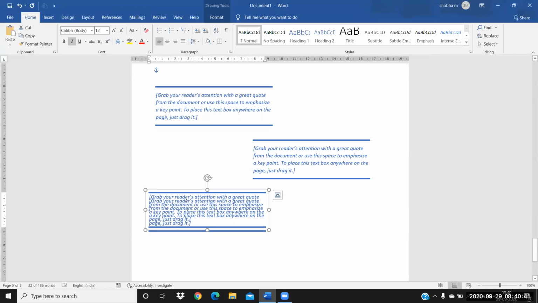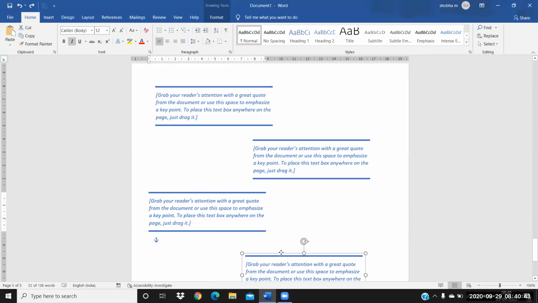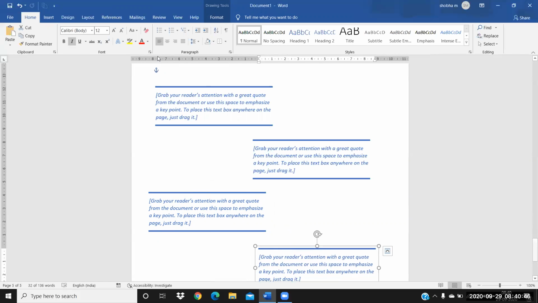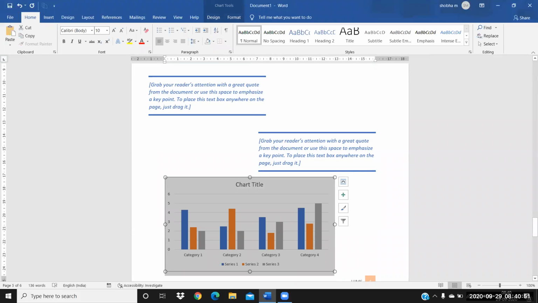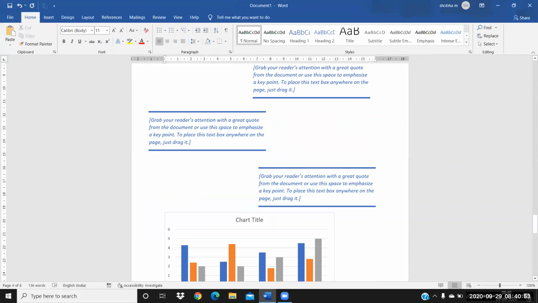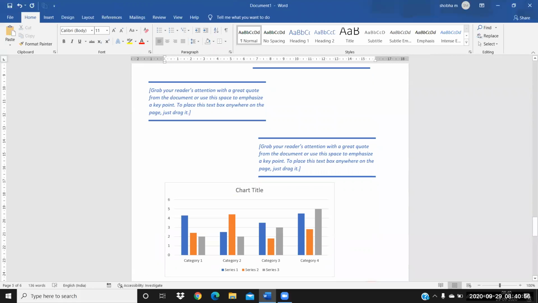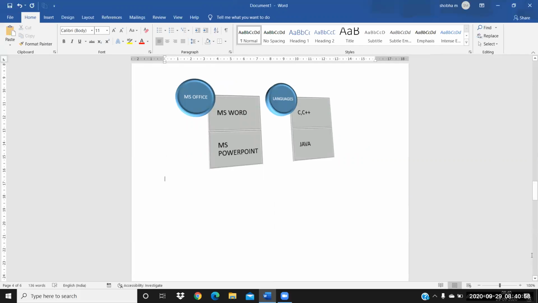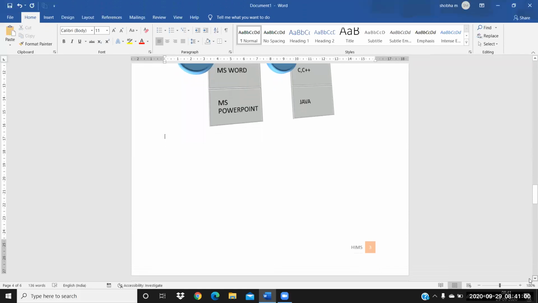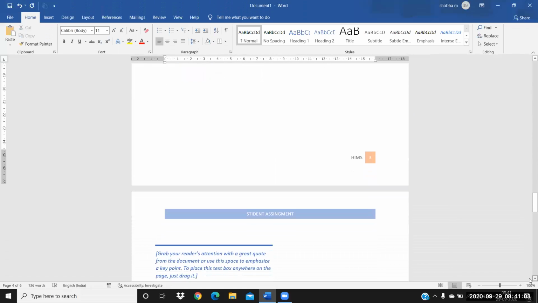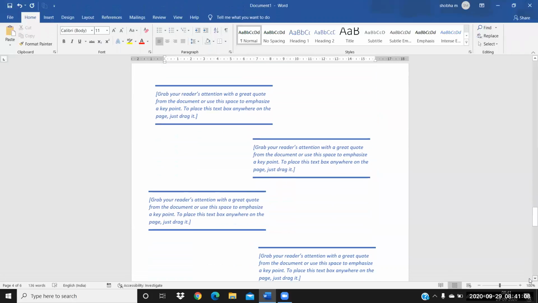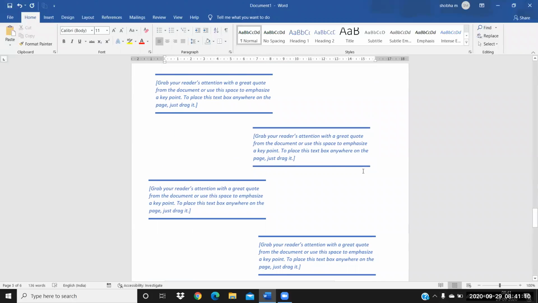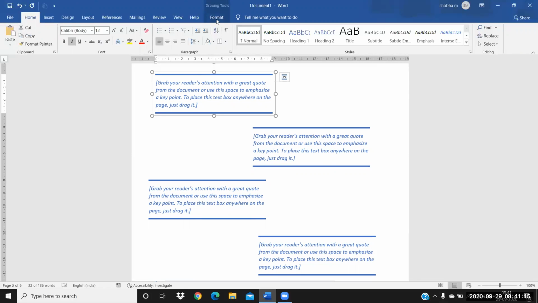So like this, I'm just taking a text, I've just applied a text box here. Now see how I'm going to make a design here like this. This kind of design is possible only with the help of text boxes. You can see here how I have taken a text box and in which format I have taken the design like this.